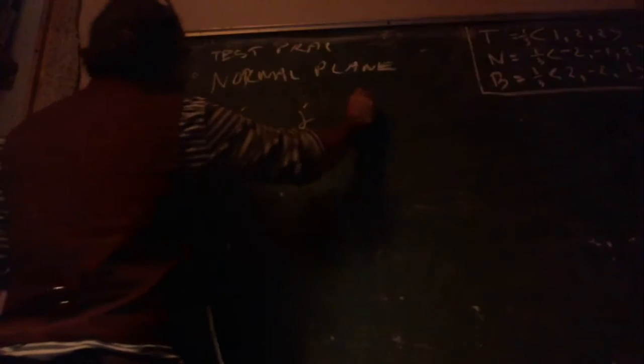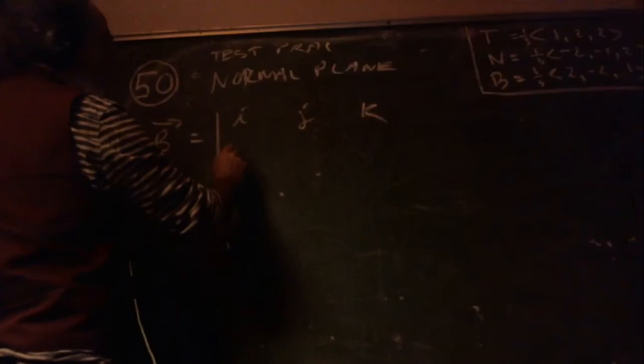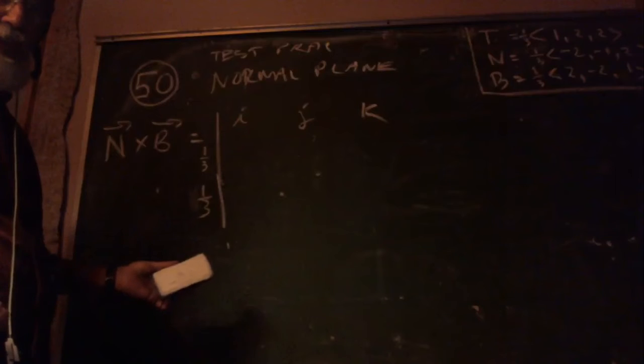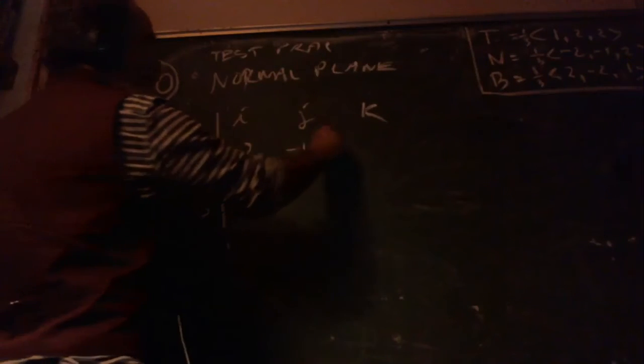N cross B equals, we got an I, J, K. I've got a 1/3 here and a 1/3 here. One of the properties of cross product is if you got a scalar in front of all the components of a vector, it's as if it's in front of the entire cross product. So I'm really just going to have a 1/9 times this cross product. So I'm not going to drag all these fractions around. I already know what's going to happen. I've got the -2, the -1, the 2, the 2, -2, the 1,